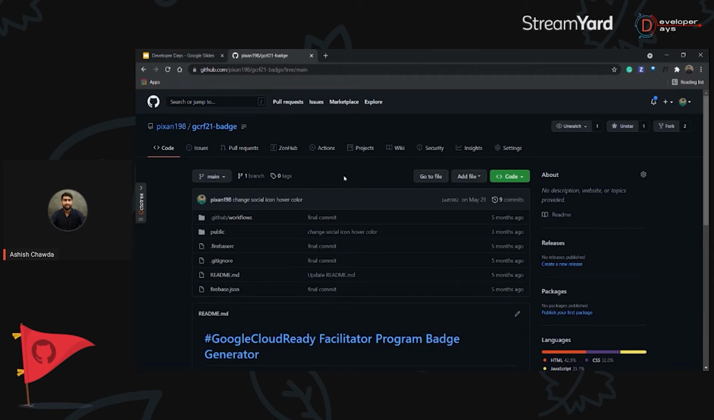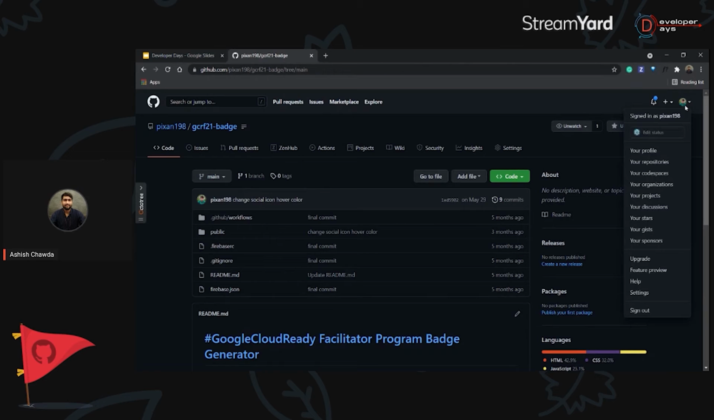So yeah, this is the basic thing about it. And let's just imitate that you are trying to solve the challenge of developer days, and you want to upload your project onto GitHub. So what we'll do is